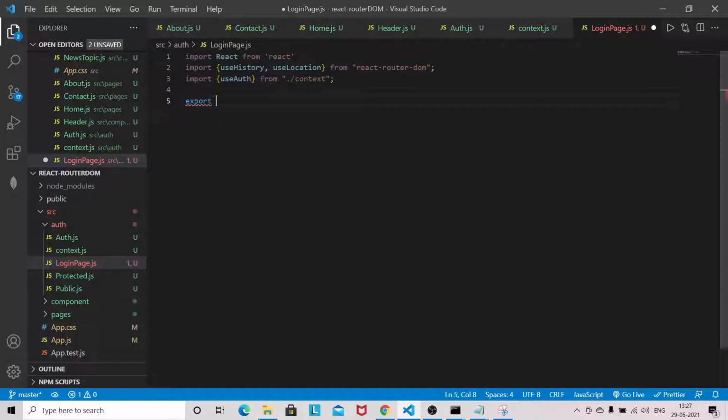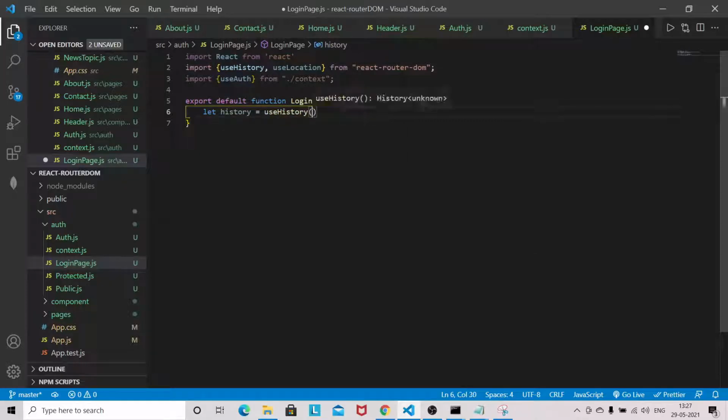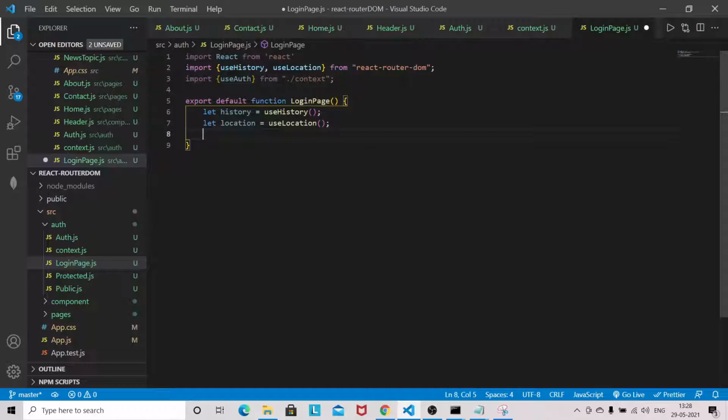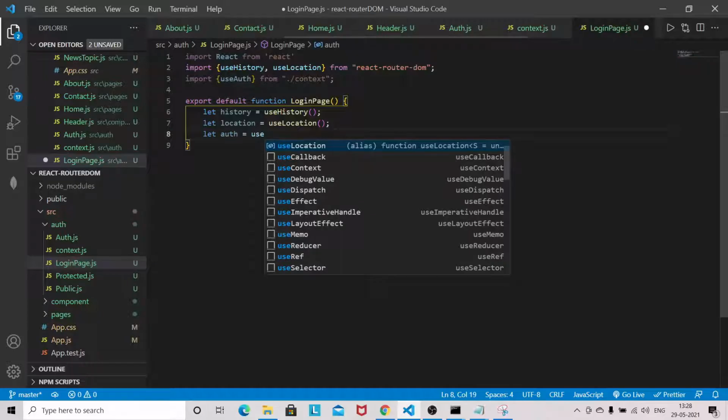That's why we use context, to avoid prop drilling. So export default function LoginPage. Now we need the history variable because we cannot directly use history. Same thing will go for location, useLocation, and the same thing will go for auth, so useAuth.